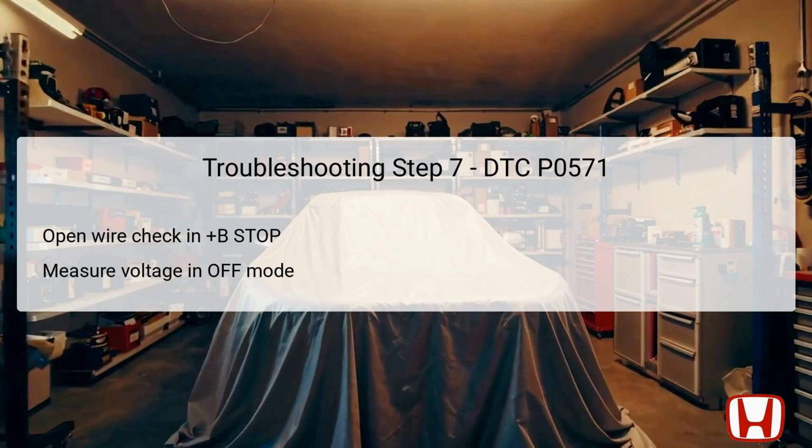The seventh troubleshooting step checks for an open wire in the +B stop line, which is vital for the brake pedal position switch functionality. This involves measuring the voltage at specified test points while the vehicle is in the off mode. If battery voltage is present at the connection points, it indicates that the +B stop wire is functioning properly. On the other hand, if there is no detected voltage, this suggests an open circuit, and repairs must be made on the wire leading from the fuse box to the brake pedal